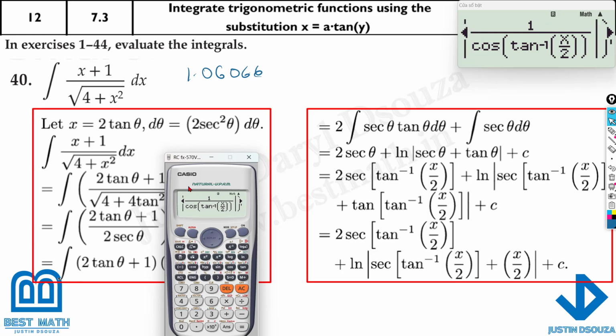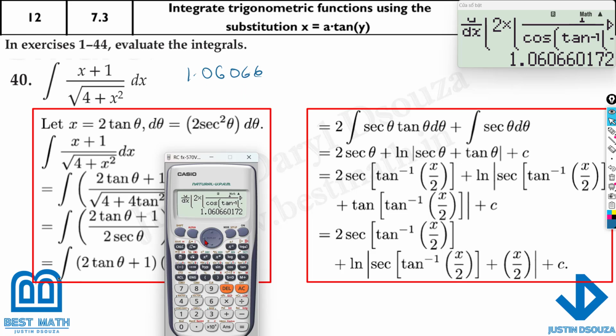And I've not opened one more bracket over here. It was absolute value, isn't it? Just write plus x by 2. That is alpha x divided by 2. And then now go out of the absolute value and then close the bracket. And here we go. X value was 2. And that's the same answer,